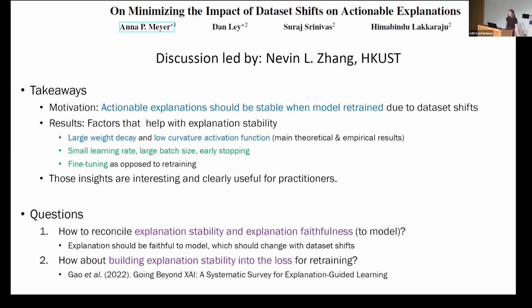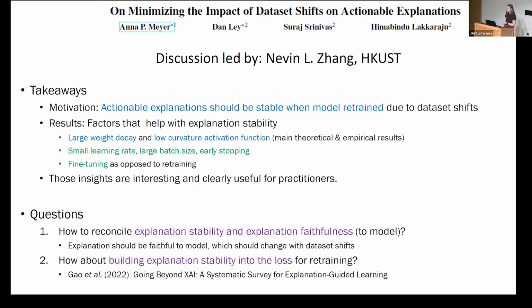Thank you for the summary and those questions. So to address the first one, I have a couple initial thoughts. The first one is that explanation faithfulness is something, and sort of like, are explanations doing good things at all? I think that's still a question that needs to be explored a lot in the literature. And so clearly, if your model is shifting, your explanations should also shift.